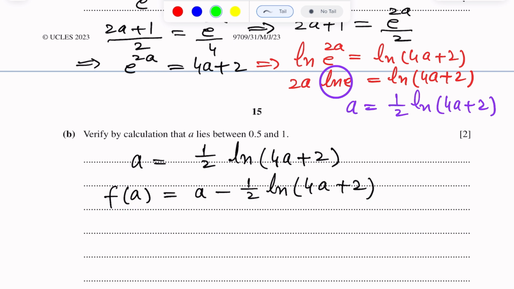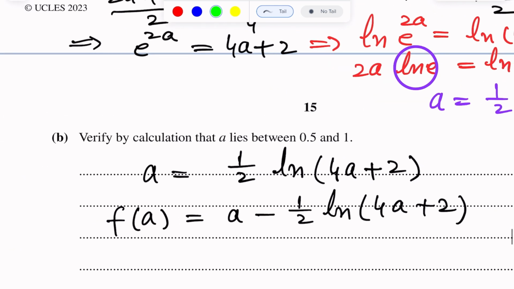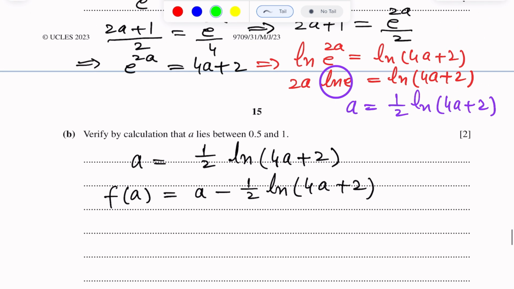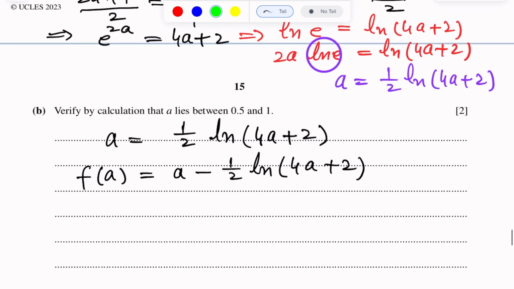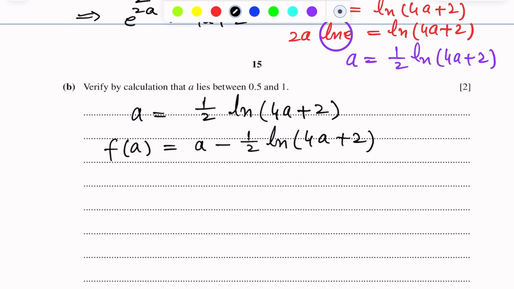We need opposite signs, and this shows that the question follows the sign change rule. It is very important that you first set your calculator mode to radian. So first we put 0.5 in place of a,